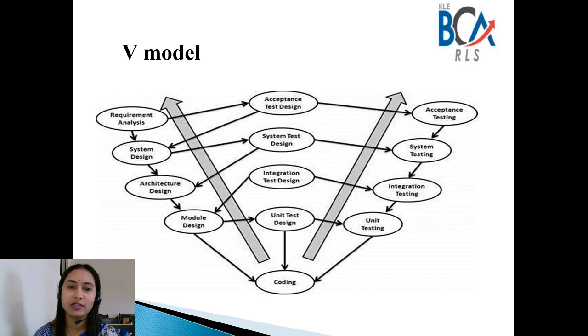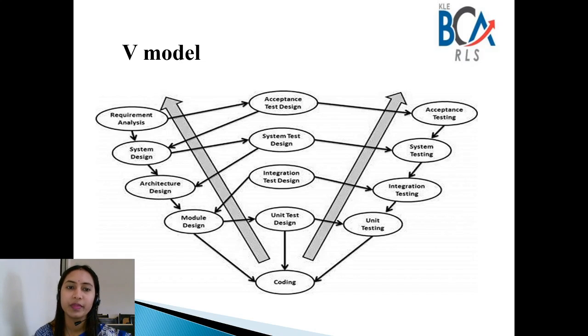Let us see, there are many phases in it. The first one is business requirement analysis. This is the first phase in the development cycle. Everywhere you go in the software development life cycle, the first phase is always requirement gathering or business requirement analysis. It is the first phase in the development cycle wherein the product requirements are well understood from the customer's perspective.